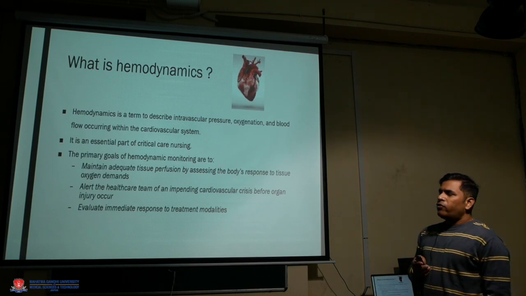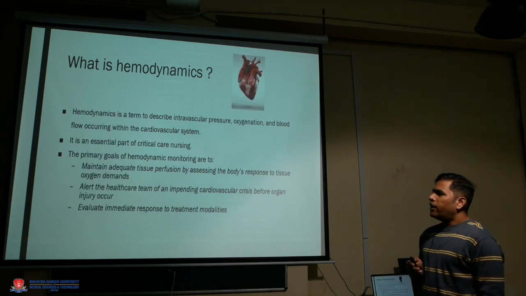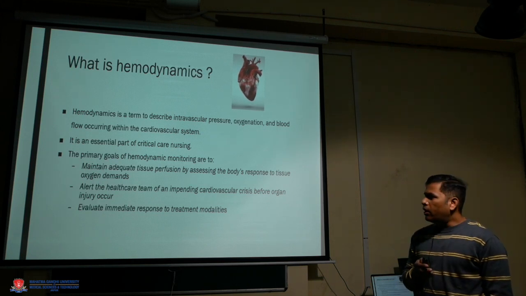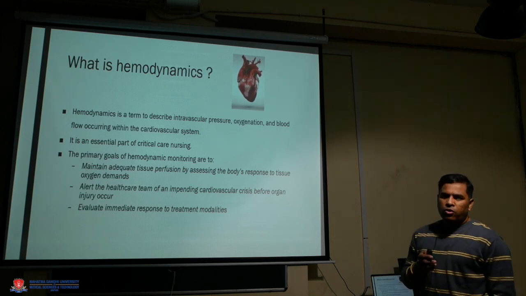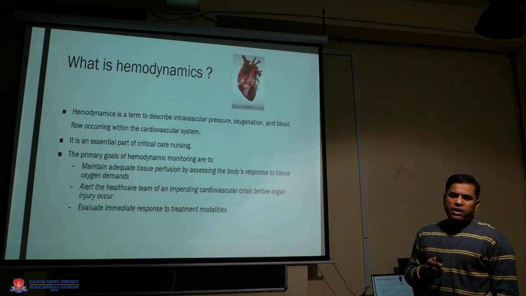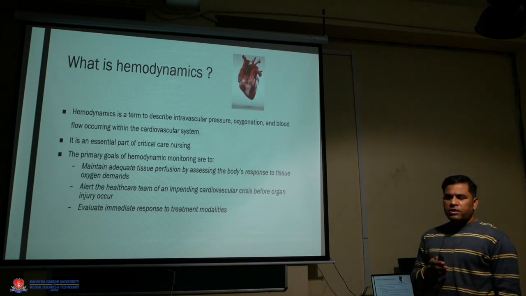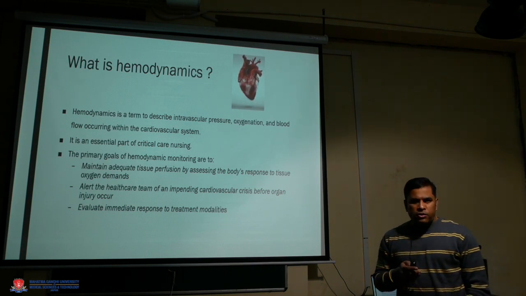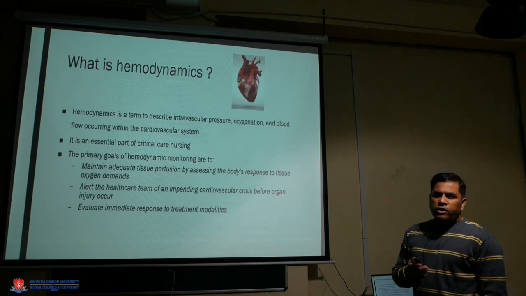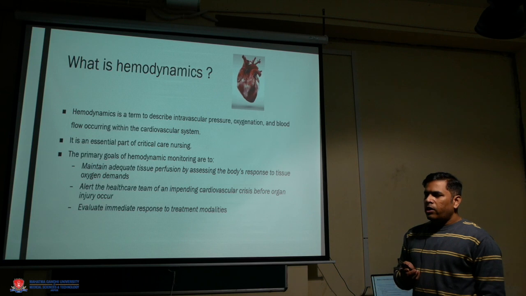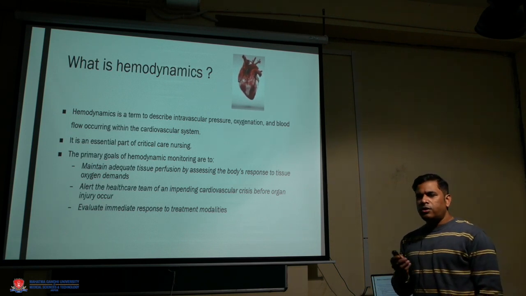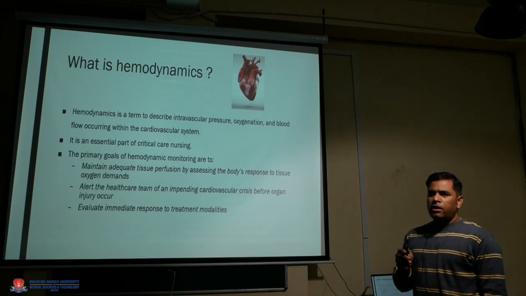The primary goals of hemodynamic monitoring are to maintain adequate tissue perfusion, which is maintained by the cardiac output that is generated by the heart, to meet the tissue oxygen demands, and also to alert the healthcare team in any case of impending cardiovascular crisis before any organ injury can occur. It also evaluates the immediate response to treatment modalities, like if we are giving any vasopressor or inotropes, we have to look at what changes occur in the hemodynamics,